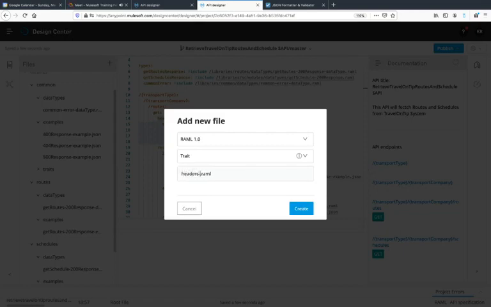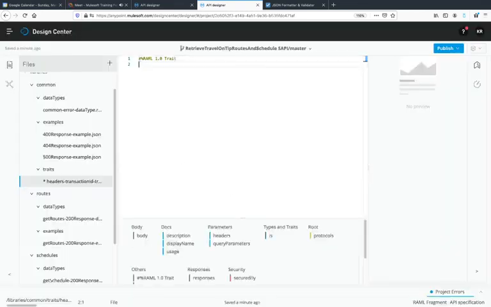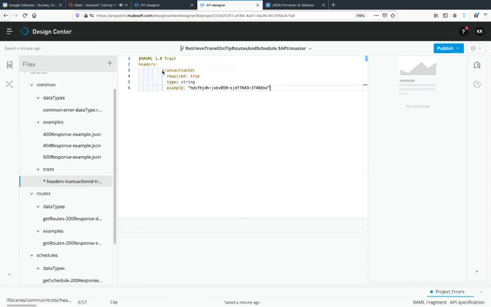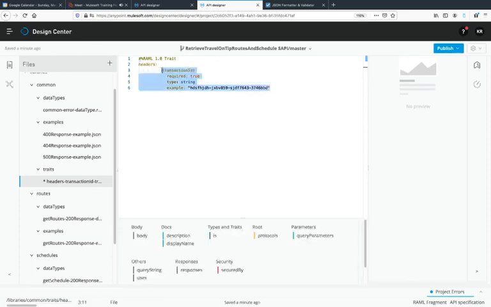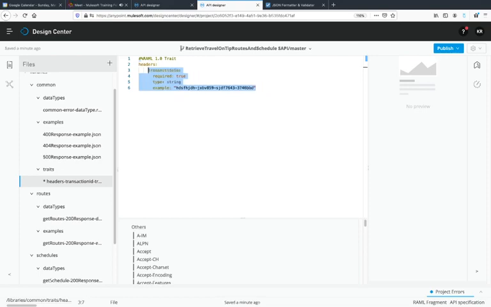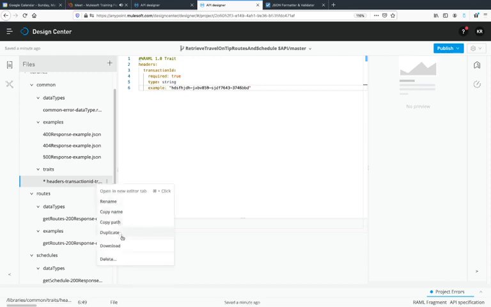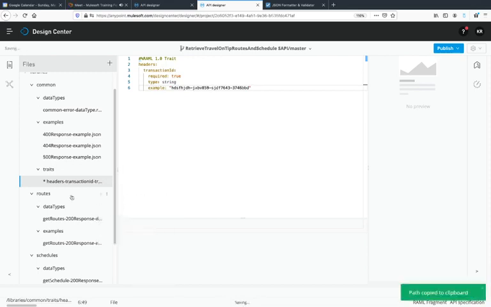So headers, then name, transaction ID, okay, and then this one will be traits. Okay, headers, transaction ID, traits, create, and then paste it. Let me see if it is. Let me make it properly indented. Then we'll copy this path and go to,